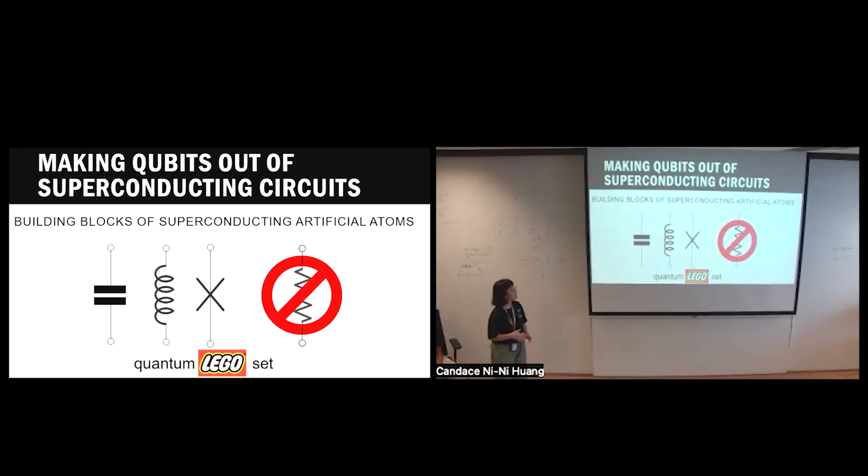So superconducting qubit actually is a very good platform that has different building blocks. So this is capacitor, inductor, and this junction. Also, my colleague will introduce more on the experiment side later. So you can think of it just as Lego. So based on this Lego set, you can build